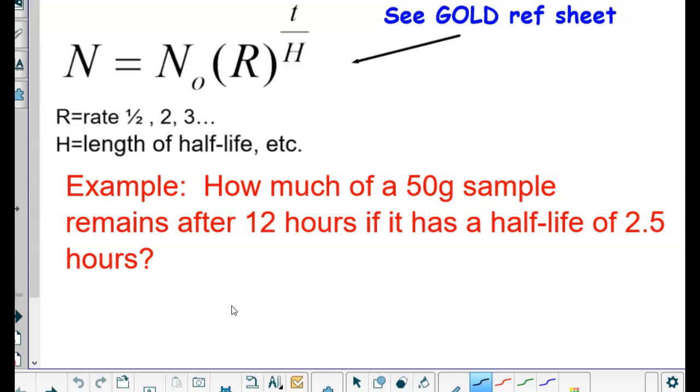Okay. The half-life or doubling formula. The rate R goes in here, and that's like a 1/2 or a 2 or a 3 if it said it was tripling. And this is the issue for students. It's T divided by the length of the half-life. In other words, let me just make a quick example here. If there were